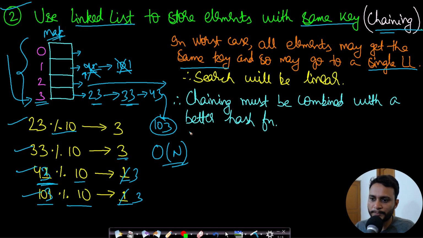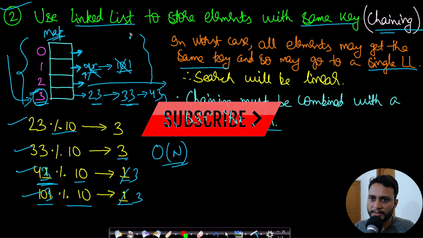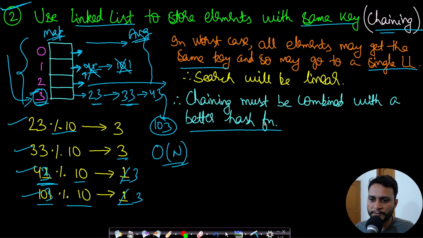We should be using a better hash function, which will avoid collision with maximum probability, right? So that all the keys will be spread over evenly throughout the map, so that we don't get irregularity in the length of the linked list. All the linked lists are having some average size, right? So in that case, even if we are making a linear search on any of the keys, it will not be too large, right? So that is the concept here. I will be explaining this chaining topic in my future videos, so there you will get the complete understanding.